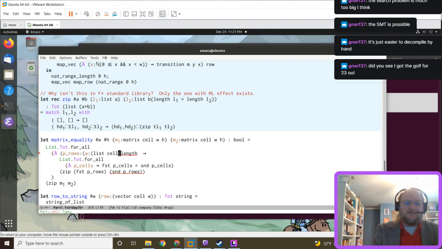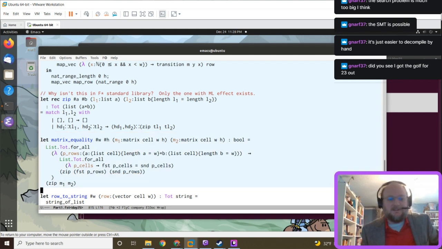The first element is a list of cell of length W, and the second one is a list of the same length. Okay, that worked. I thought I was going to have to put in more parentheses, but I did not.